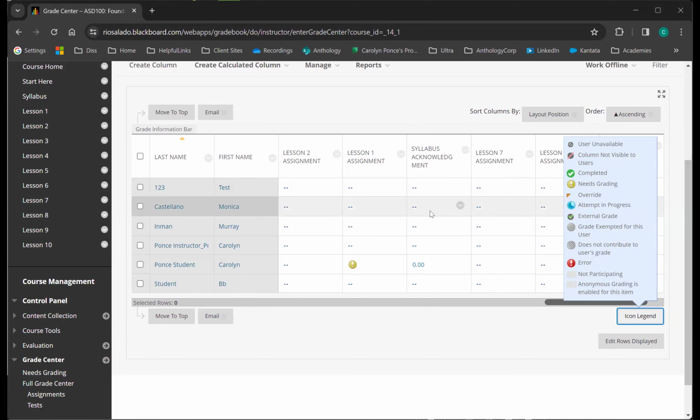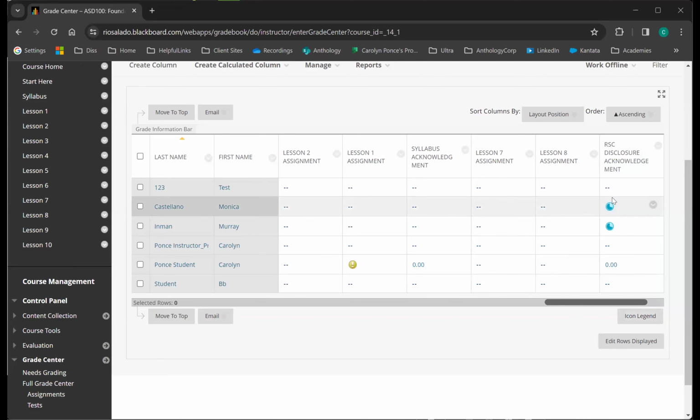And just a way to indicate to the instructor, hey, they've completed it, or this person hasn't. So you may see green check marks. Again, all of this is kind of dependent on how the course and that activity is set up. You may see little orange carets over some grades. This is where something has been overridden. So if a cell has a little orange caret in the corner, you may see that.